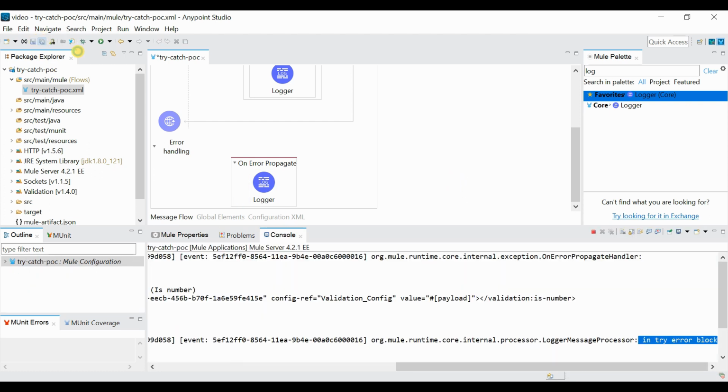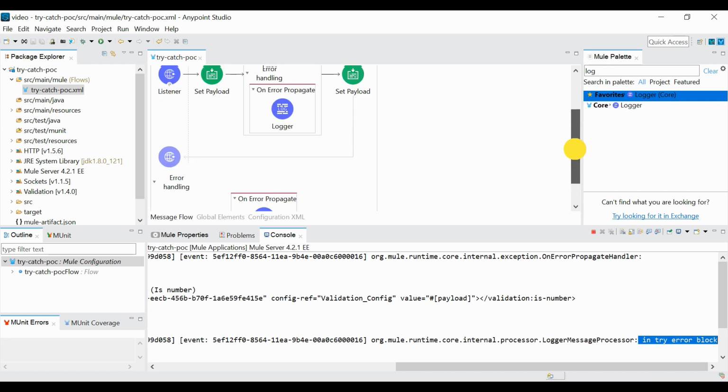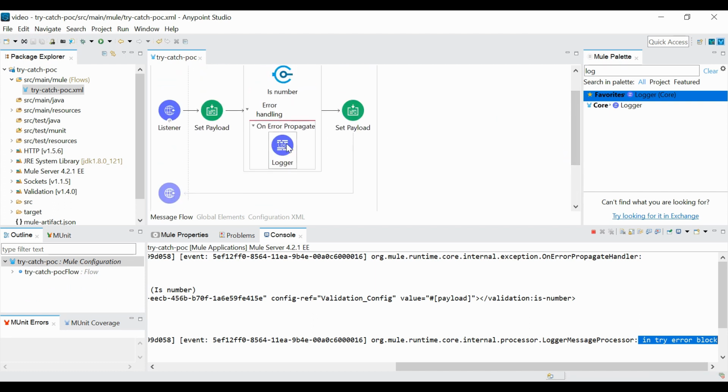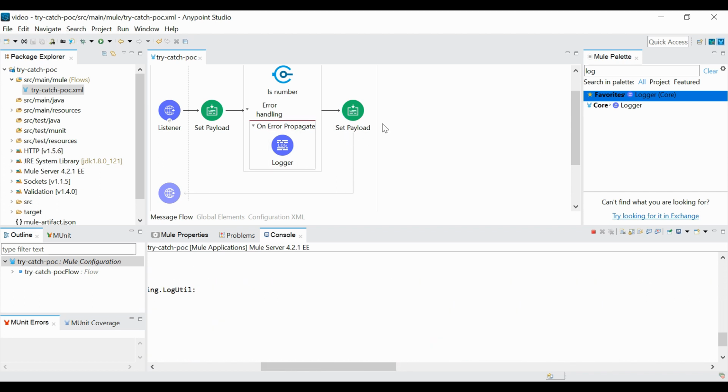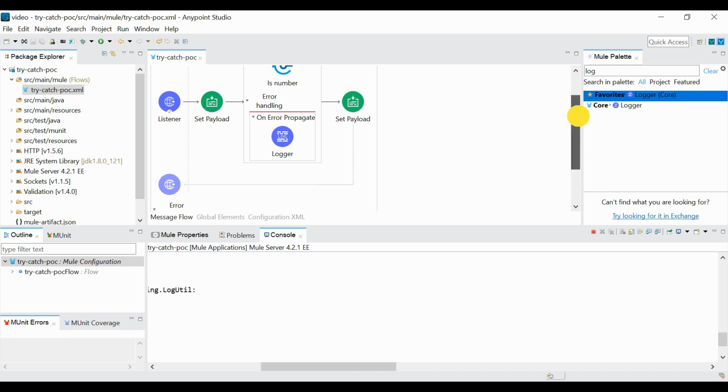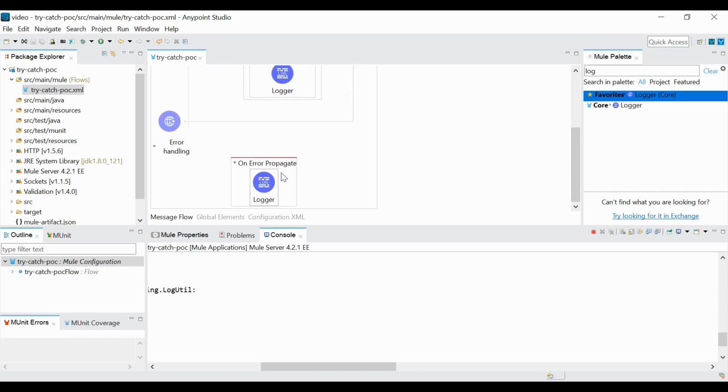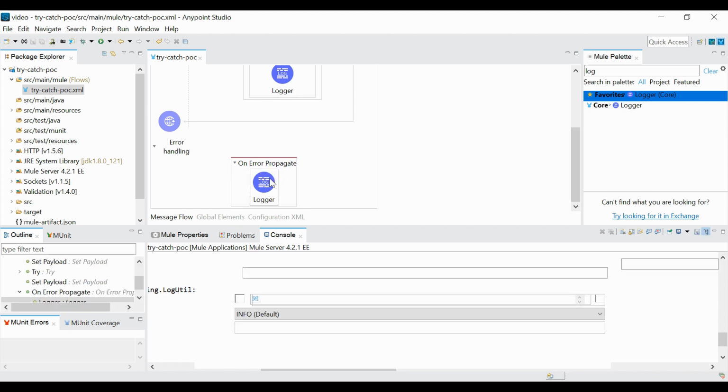Okay, so now what will happen, as here we have on error propagate. Once control comes out of this try block, it will be an error object with the error code. So it will propagate the error to the flow level exception handler, and it will be handled by this one.